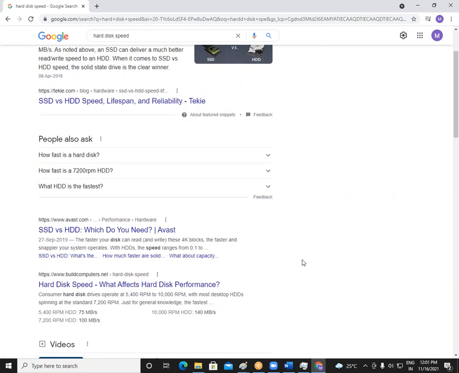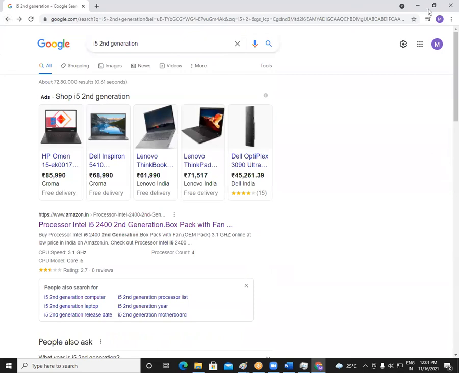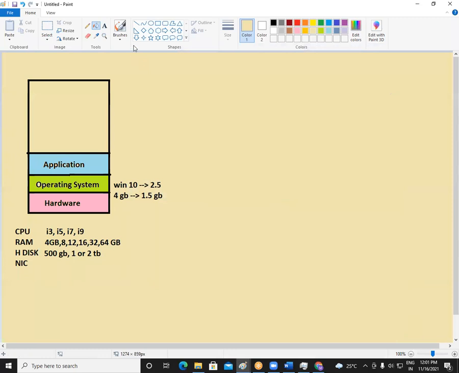So we have some other things there. But overall, when I say hard disk, I'm talking about the capacity here, how much size that hard disk has. And the second thing is the speed of the hard disk, whether it is 5400 RPM or 7200 RPM. Better go with 7200 RPM. Okay. So these are the things we need to consider in hard disk.